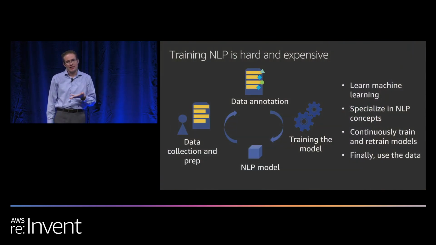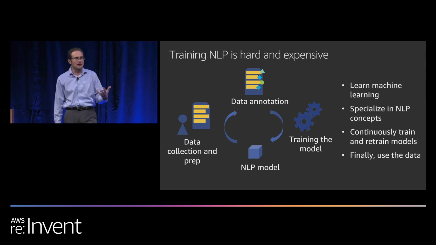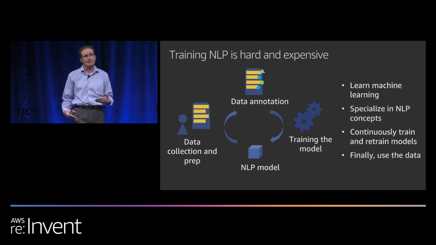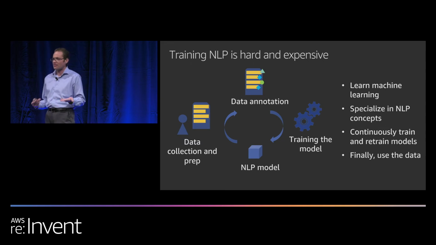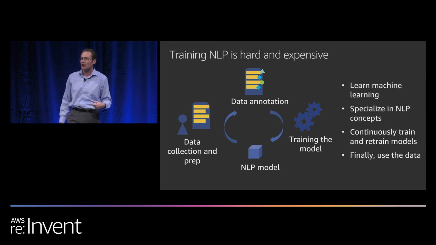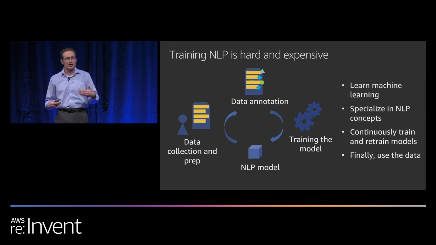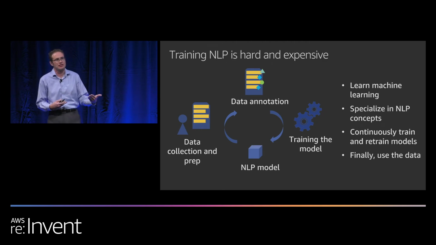Now, what Sri said earlier about NLP being hard and expensive, you could spend an entire lifetime trying to tune an NLP model to be really, really good. But is that the business you're in? Does having your own custom algorithm provide your customers better value? Or wouldn't you want to just use another model that is easier, that doesn't require so much maintenance, that's constantly being tuned at AWS? And that's really where Comprehend comes into play.